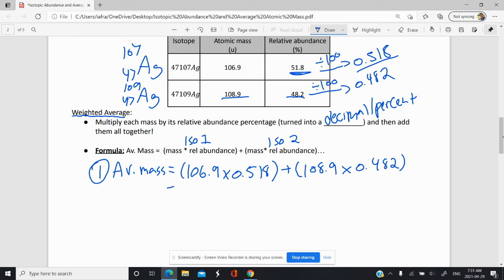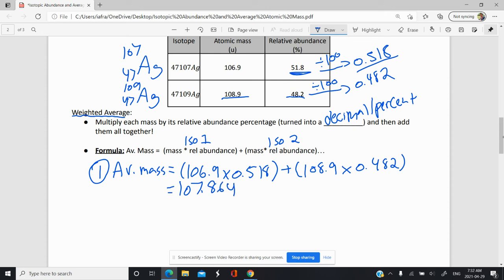And then put that in your calculator. Be careful when you do this. I usually do it step by step. First I'll open my brackets and do 106.9 times 0.518. Then I'll close the brackets and then do plus, open the brackets again, 108.9 times 0.482, equals. I recommend you actually try this out with your calculator because everyone's calculator is a little bit different. You want to make sure you know how to input numbers properly and get the correct answer. But we get 107.8